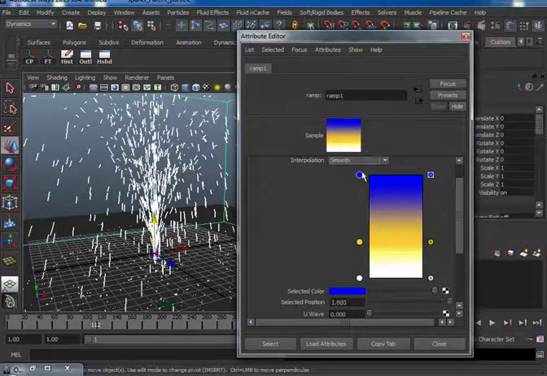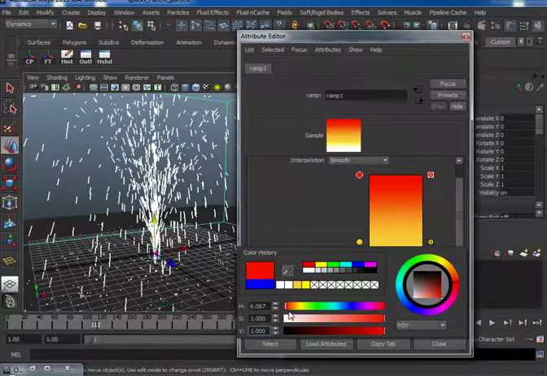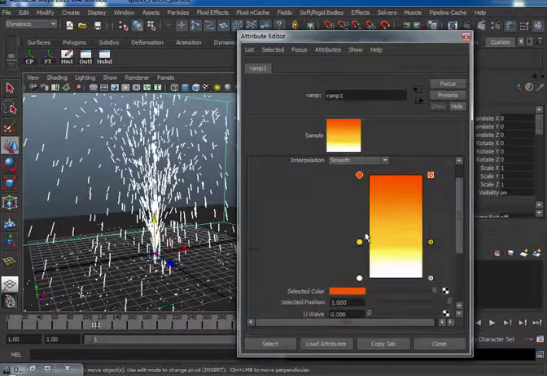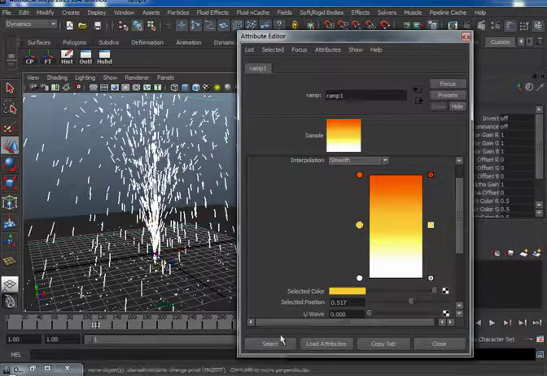And here I would like to have some orange, might be this color orange. Okay, with these colors in the sparks,